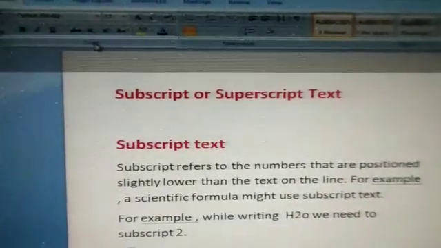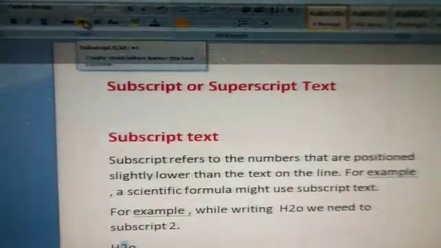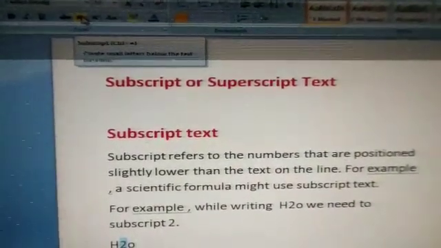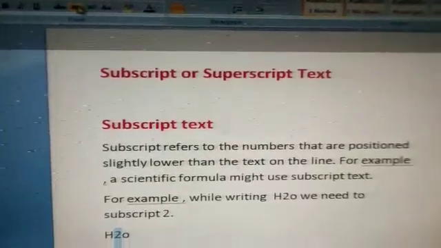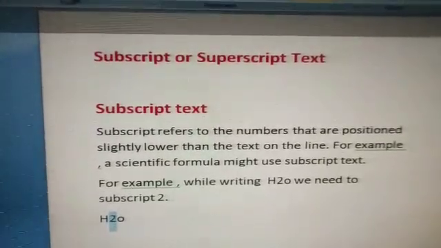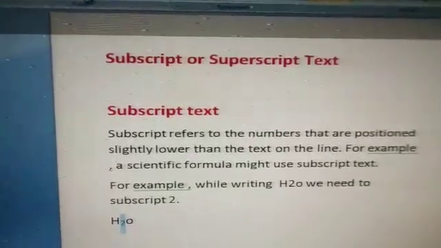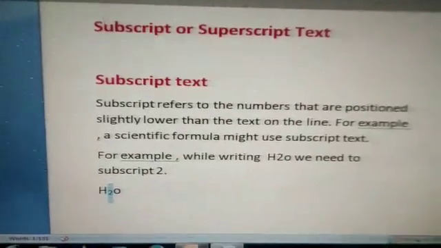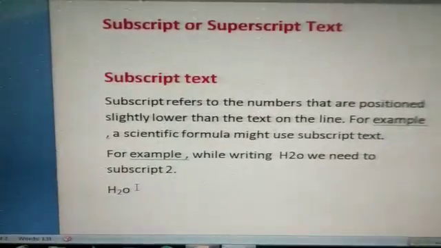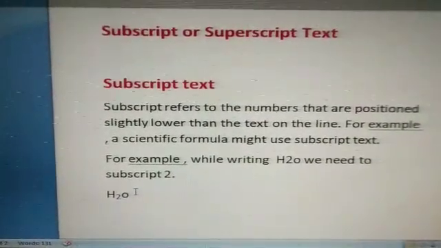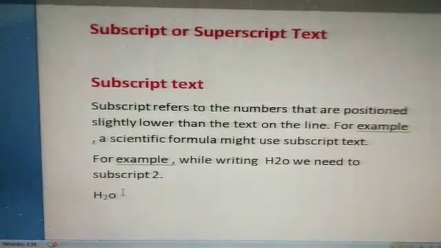Here it is the Font option. Then here subscript is written. Just click on this subscript. Now you can see here this H2O. Now this is the right way to write H2O, the formula of water.